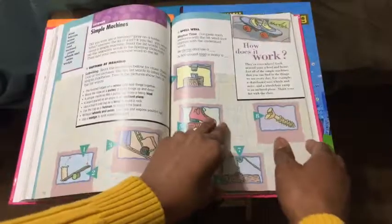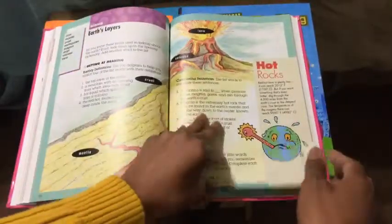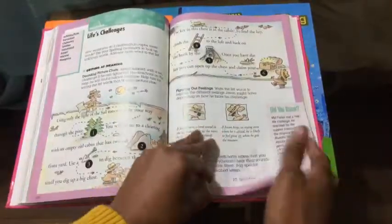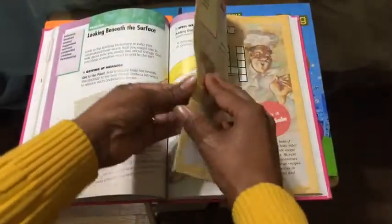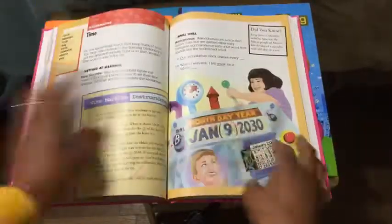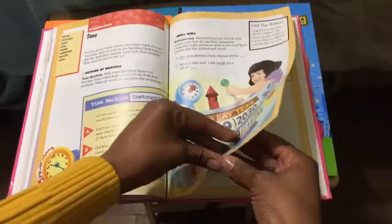Measuring, and then it switches over from science and goes to the solar system, and then you have a section that's just geared towards reading. So you'll actually work on reading, a section that does that. And then the next section will be mathematics. So you focus on different aspects of mathematics, and then you can just build on this with more